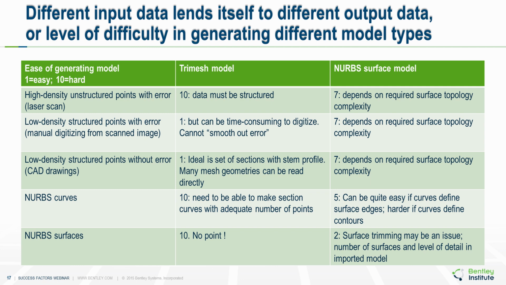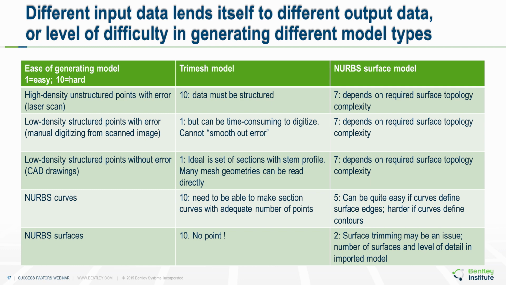contains error, for example from a laser scan, then it's actually quite difficult to generate a tri-mesh model because we need to apply data reduction and smoothing, and then structure the data to form a surface mesh, for example using some sort of shrink wrapping algorithm. On the other hand, to generate a NURBS surface model, it's not so hard, because we can use the NURBS surfaces to smooth through the data cloud using the built-in fitting tools. However, for some really large datasets, some pre-processing will be required, because MAXSURF can only currently handle point clouds of